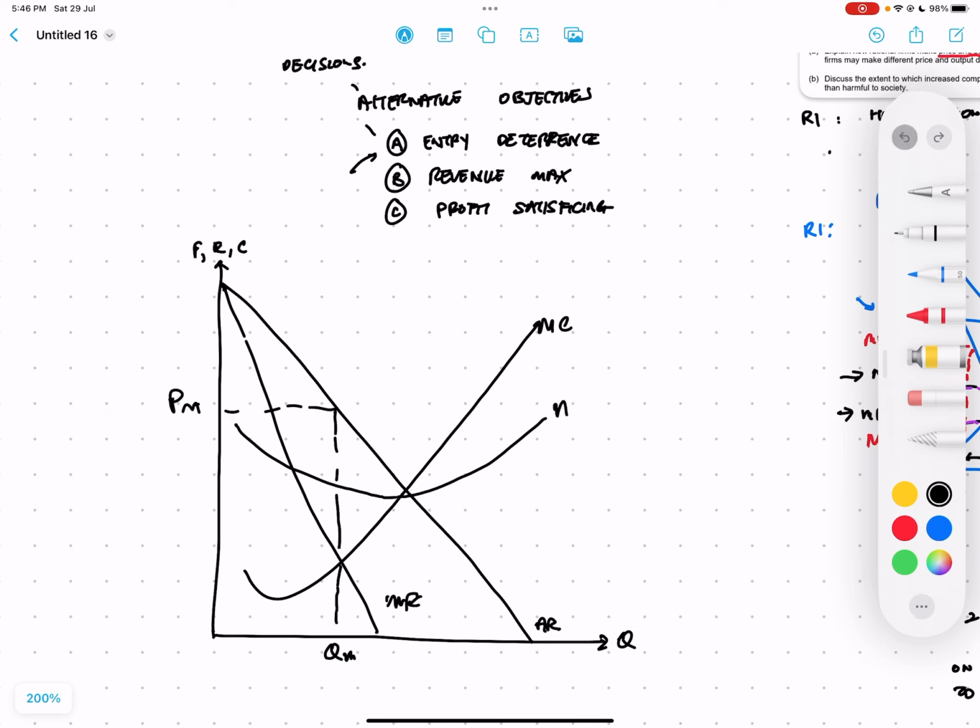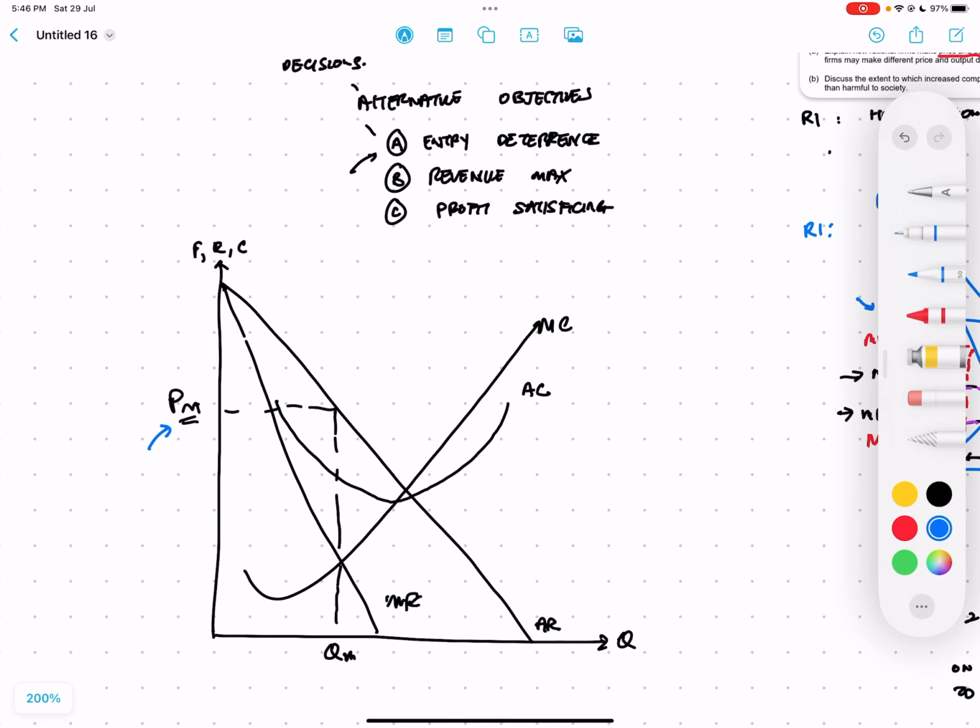Sorry, give me a while. I should put the AC curve like that. Okay, so initially you charge a profit maximizing price PM, right? That's what you're supposed to do. But then in the case of entry deterrence, what this means is that if you charge a price of